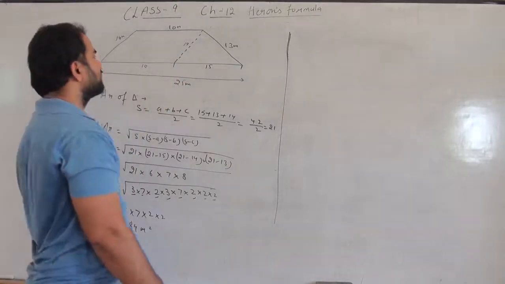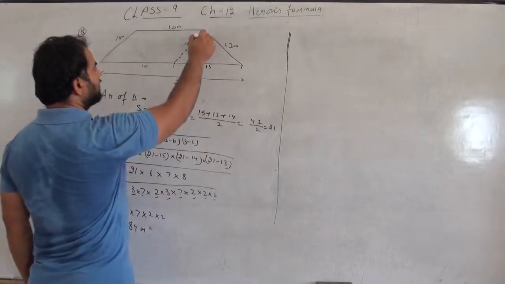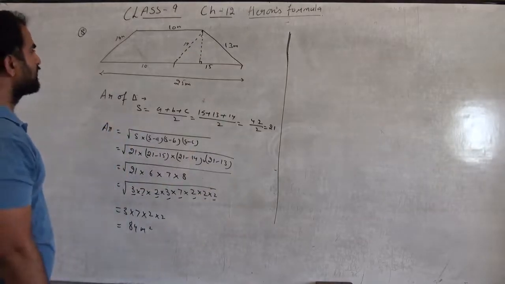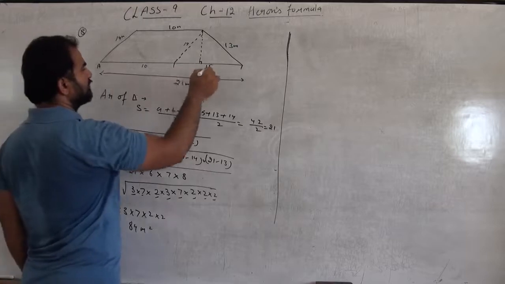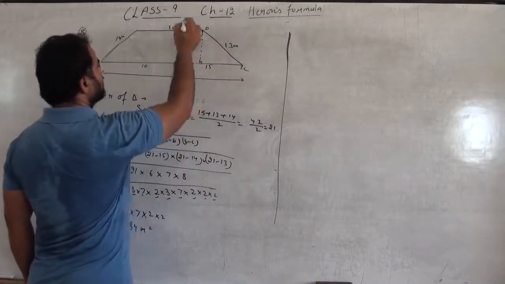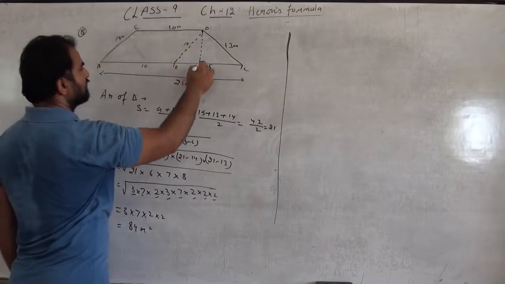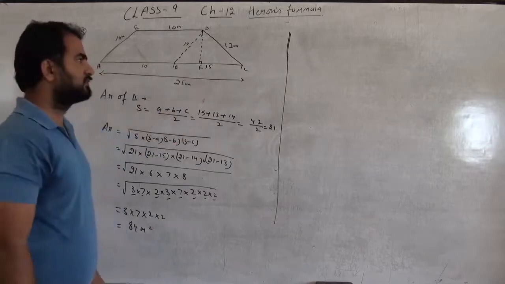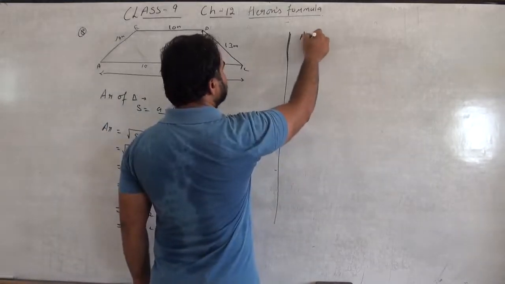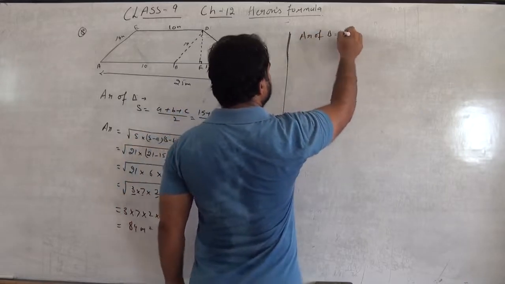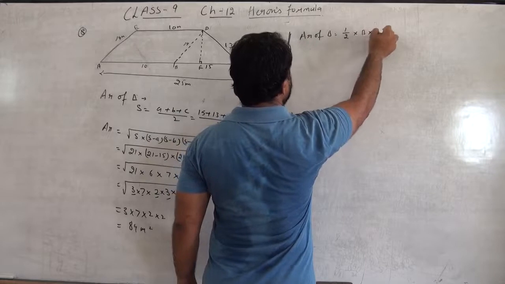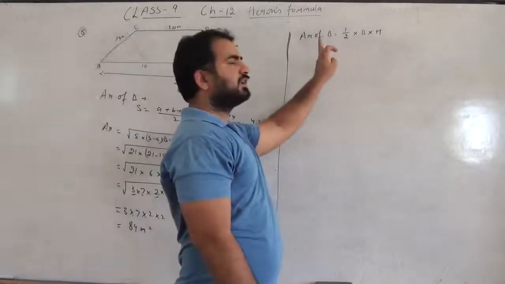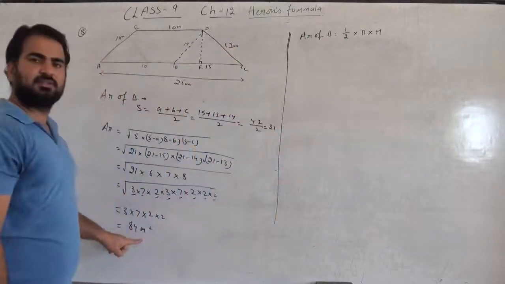So there is one more thing, that we can draw a height of the triangle like this. It is the height of the triangle. If the points are A, B, C, D, E, and this point be F, so DF will be the height and BC will be the base. So we can find the area also. Area of triangle equals 1 upon 2 into base into height. Done. We know the base, but we don't know the height, but we know the area of that triangle, which we have got by this formula.